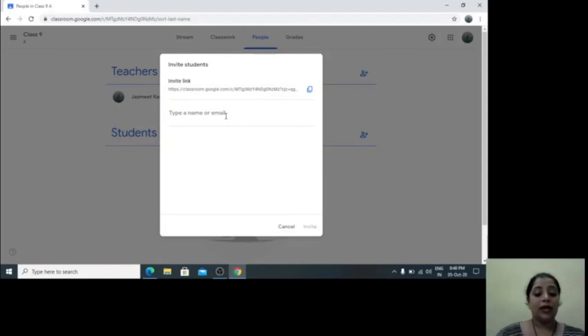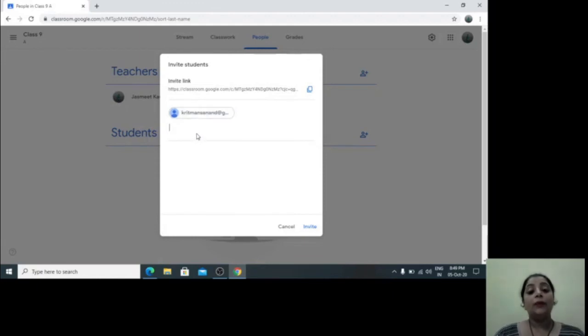So I am going to write some email IDs of the students to add them. Once I have written the Gmail ID, it will automatically find it from the cloud and show the results to me over here. So I can select the name, select the ID and see it is already created.